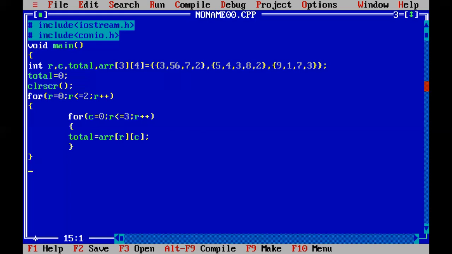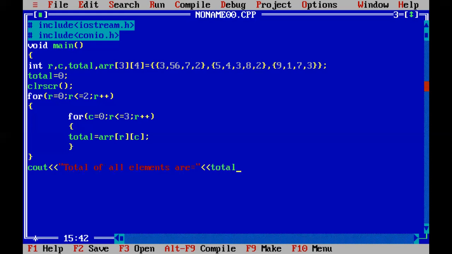Now I am going to display the total amount. cout, total of all elements, or arr, sorry, total.